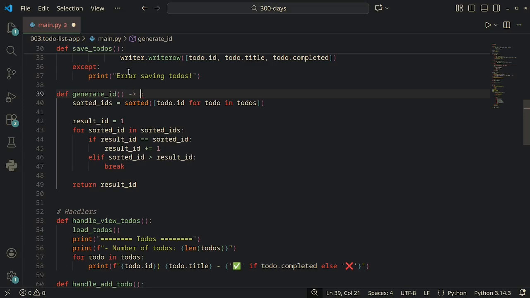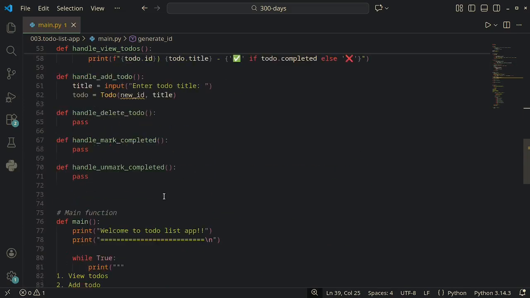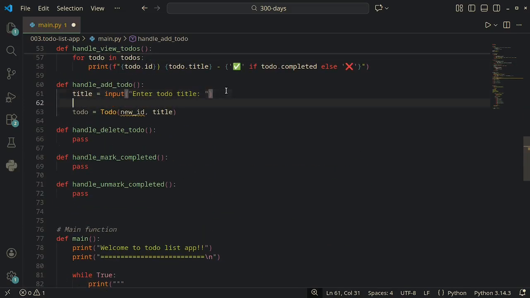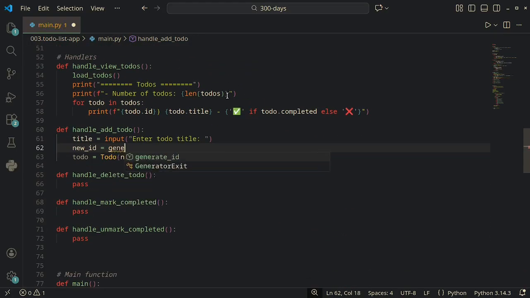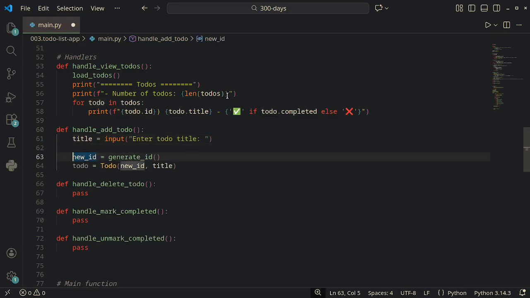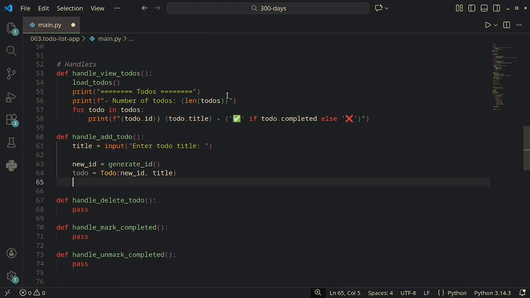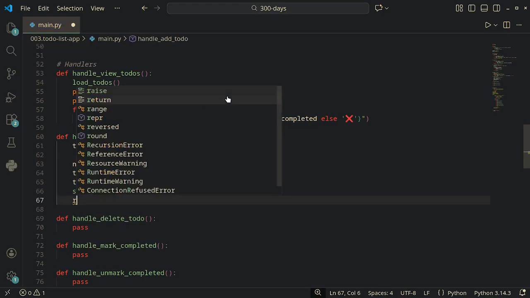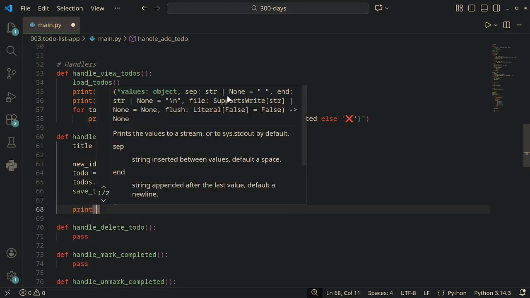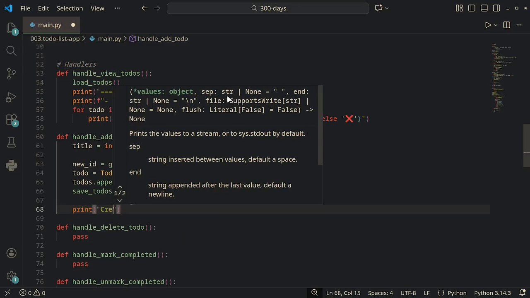Also, let's indicate that it is going to be returning an integer value. So let's now grab that new ID using that newly created function of mine, generate ID. Then that seems alright. Now I have to say to-dos.append to-do. That's it. Then I have to save my to-dos, right? Then let's inform the user that the to-do has been created successfully. Created to-do